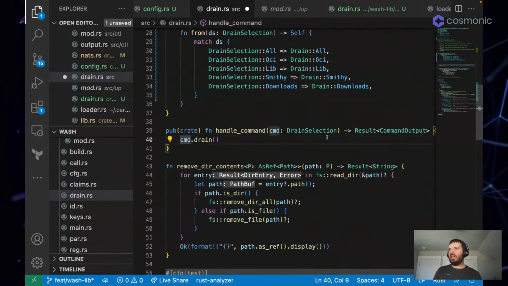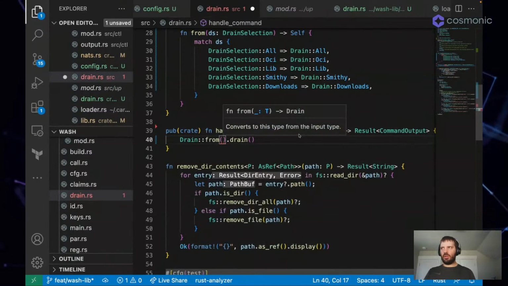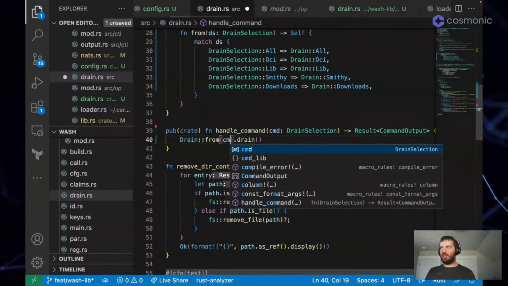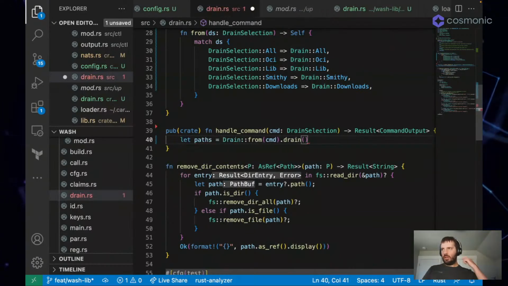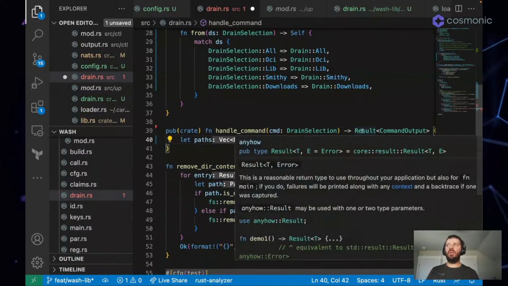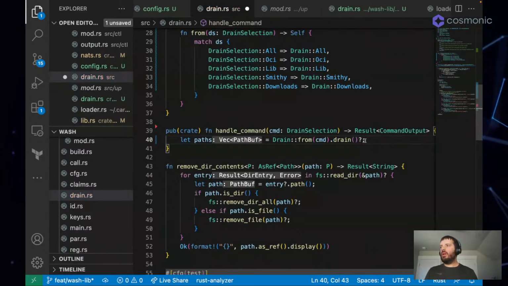So what we'll do is we'll say command, say drain from. You can also use into with this. We'll say drain from command, and then dot drain. And so this will give us our let paths equal. Now this is a case because this is a consumer, a CLI library, we're just turning it into an anyhow because we just want to get the text message back to the user. So we're just getting a vec of path bufs right here. And then